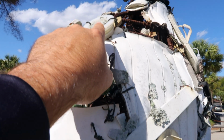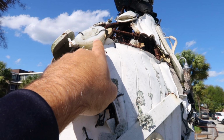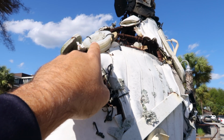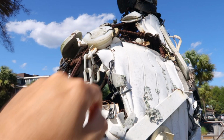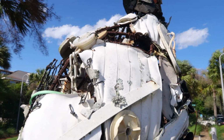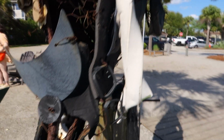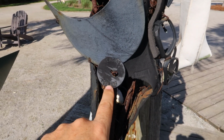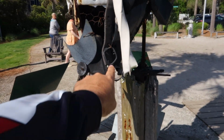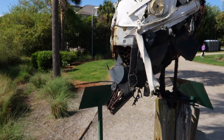Right here is a cap from a drum. You can only find these caps on a 55-gallon drum of chemicals or something like that. That looks like a cap that used to be on some of the drums that I worked with back in the day when I used to do a certain job for a living. And right here's an engine coolant cap from a car. Some glasses, just the plastic leftovers. But all in all,